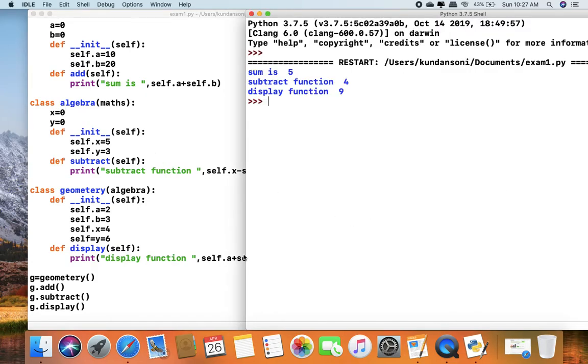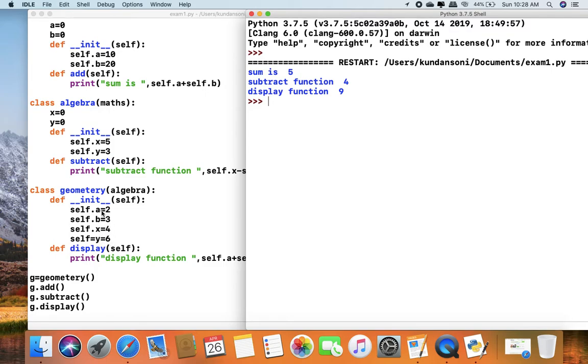Here I call geometry class object g. It is a basic rule that whenever we create a class object, its constructor will be called. So the geometry constructor will be called. In the geometry class constructor, self.a equal to 2, b equal to 3, x equal to 4, y equal to 6.